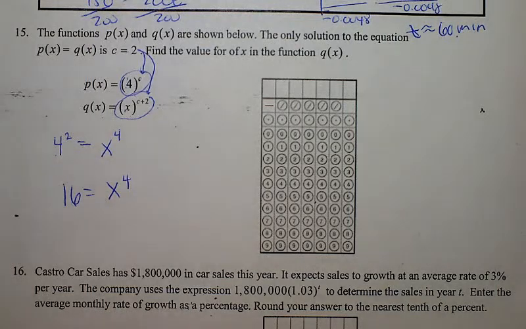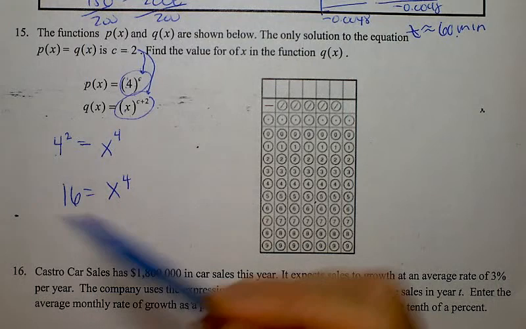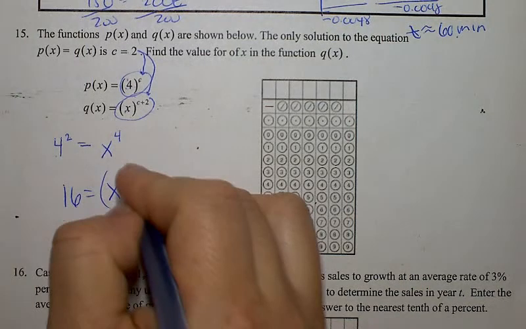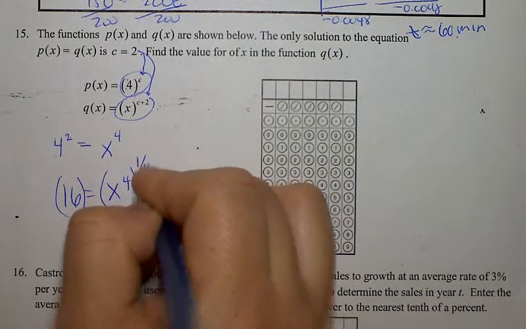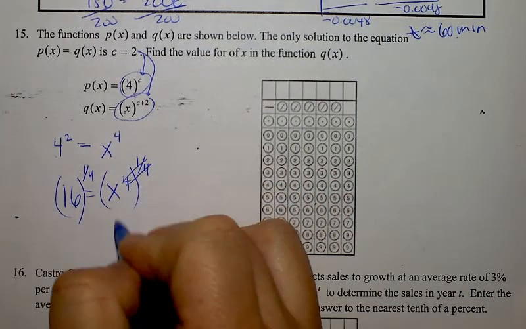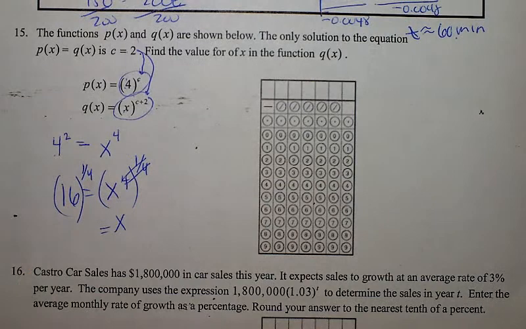Turn to your partner. Why is this not a problem that requires us to use logs? There's no variable in the exponent. So how do we get rid of the 4? We raise it to the reciprocal, which is 1/4. So please take 16 and raise it in parentheses to the 1/4, and the correct answer is